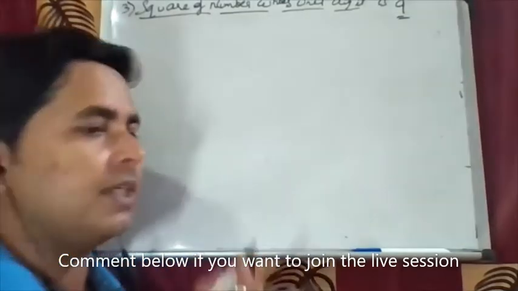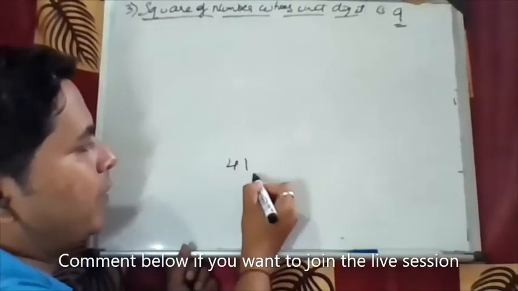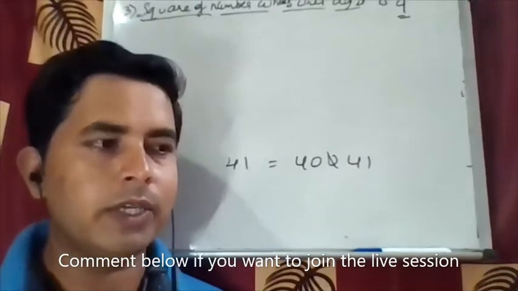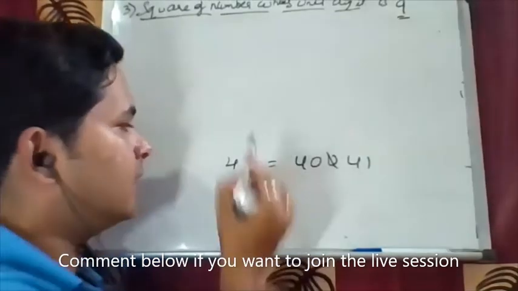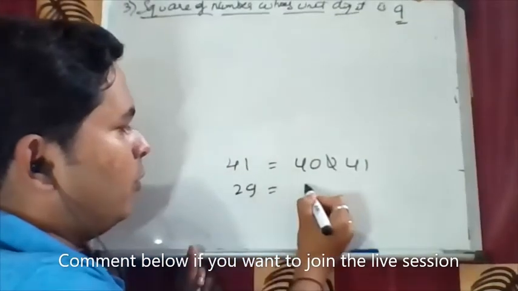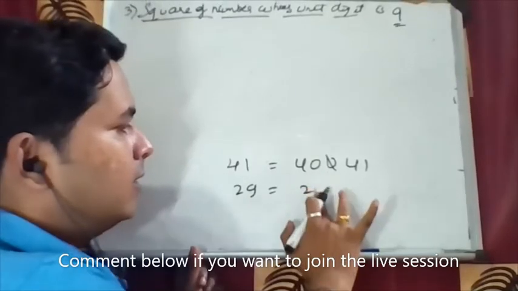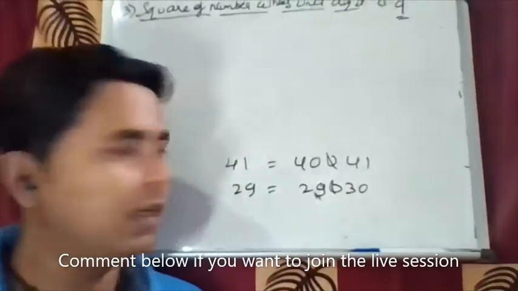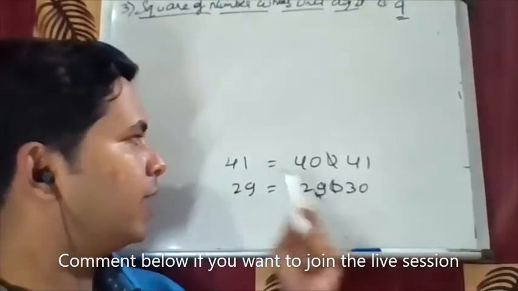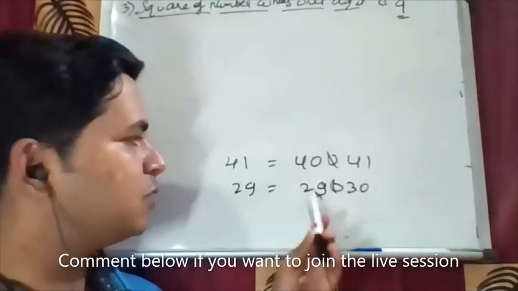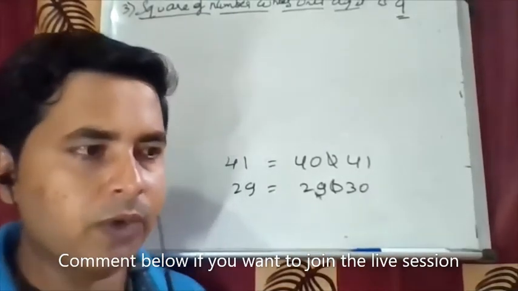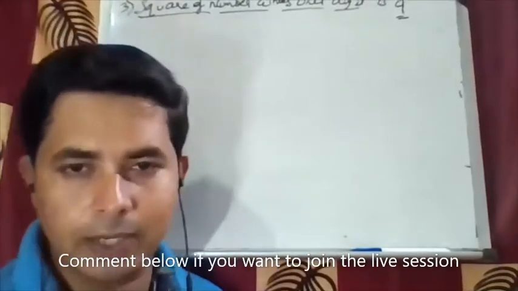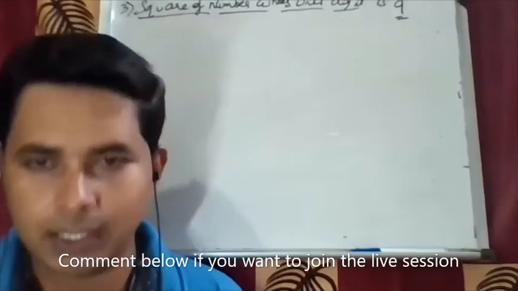So what did we do in the previous step? Suppose it is 41, we took 40 and 41. So here, if it is say 29, what you have to do is take 29 and 30, one step back, not increasing. We were taking 40 and 41; here we take 29 and 30 like that. So I'll tell you the difference: there we were adding the values, so here we are subtracting the values, okay.